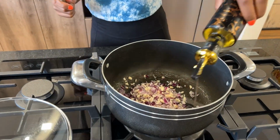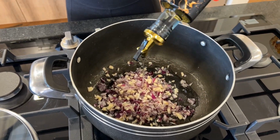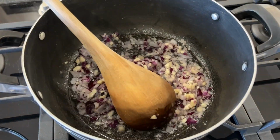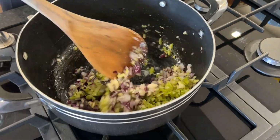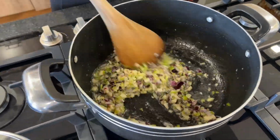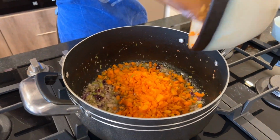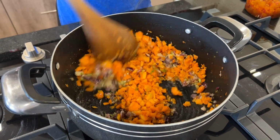Today I'm showing you how to cook dal, and you start off with onions and garlic and add a little bit of cooking vegetable oil, and then add half a cup of finely chopped celery and stir, then cover to let it cook. Once the onions are brown, add your chopped carrots and then add your